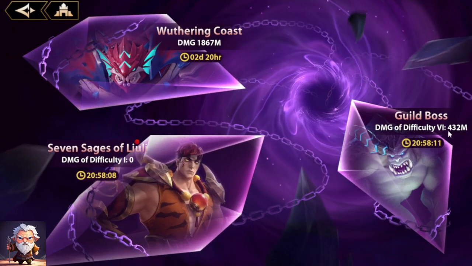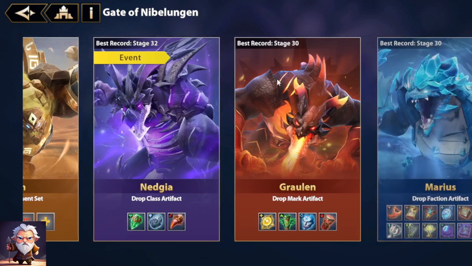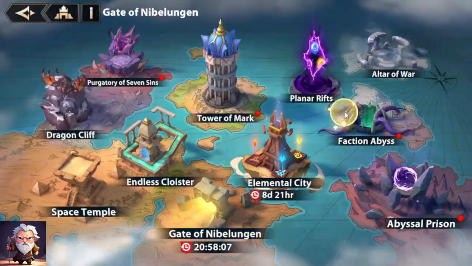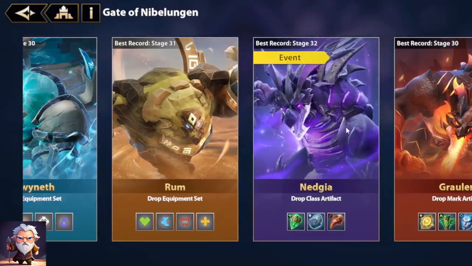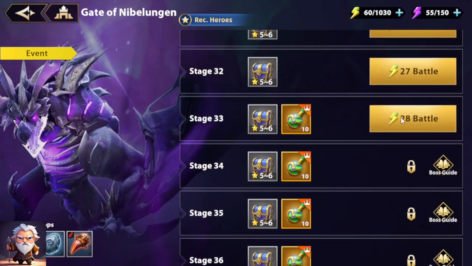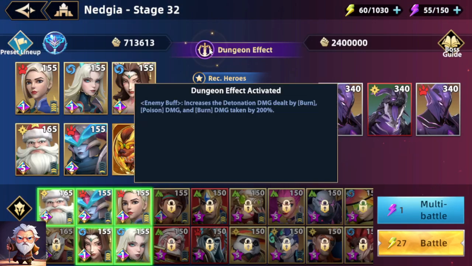Guild Boss 6, you finished it. You look at your dungeons, you pretty much can farm everything at stage 30 easily, because this is the first time you're going to experience that difficulty spike. When you start going into stage 31, this is where you need heroes of specific damage types. The first time you start introducing the tags, there isn't a penalty yet, but you're doing double the damage if you're using burn, poison,